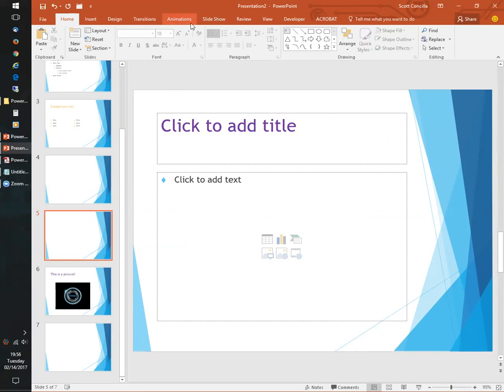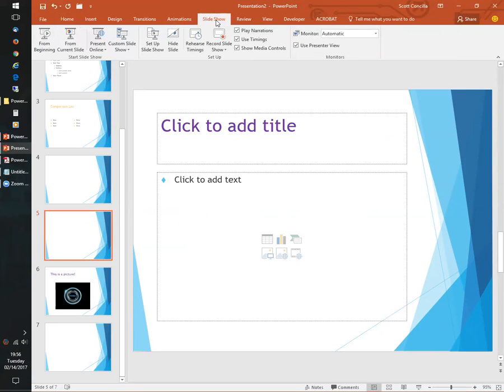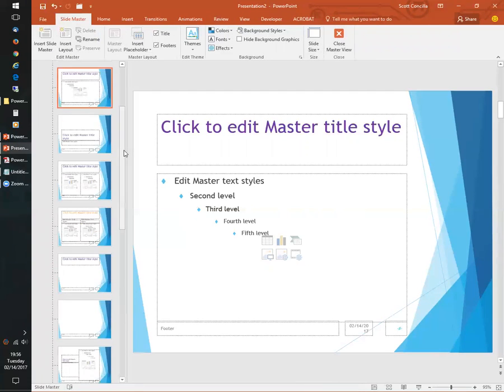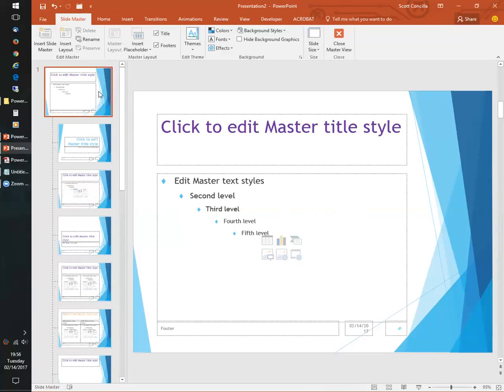The other thing I want to show you with these slide masters, let's go back here, is if you need to add a company logo. Again, if you need to add a graphic or a logo to all of the slides in your presentation, maybe your company logo, and you want it to appear on all slides, do not paste it on every slide in the presentation. Again, that's a lot of work and it's too much effort. So I'm just going to go, again, anything you do on the master slide shows up everywhere in the presentation.